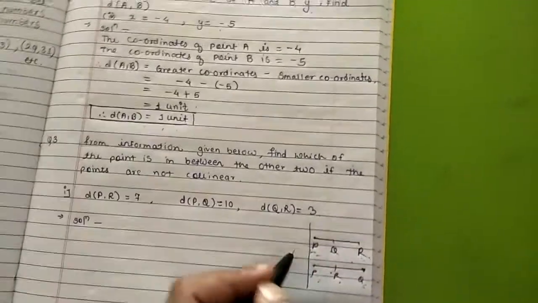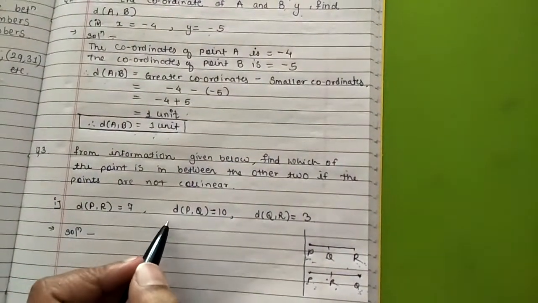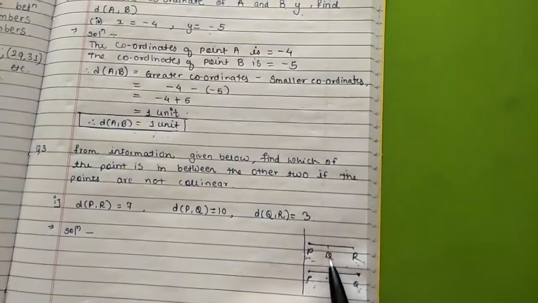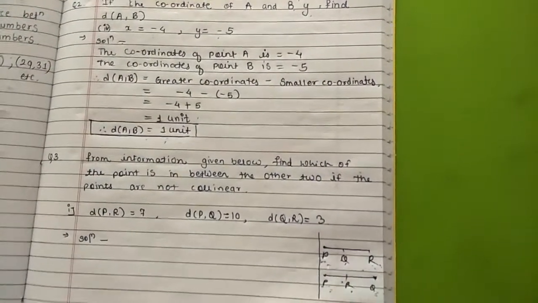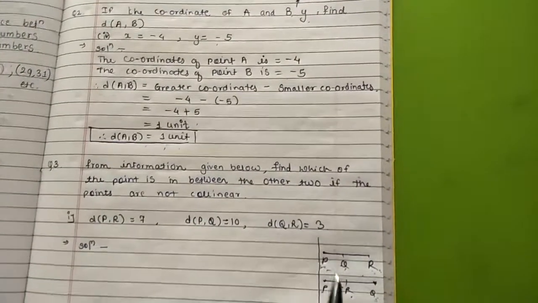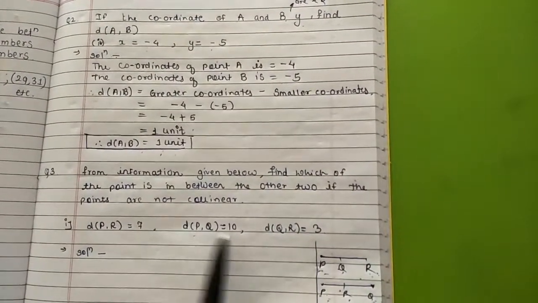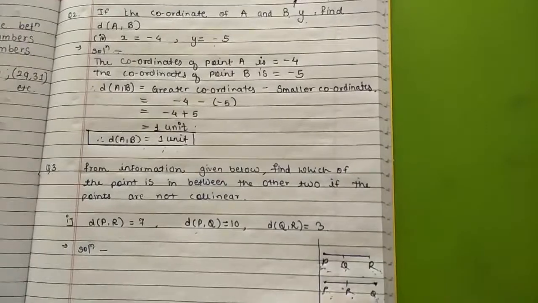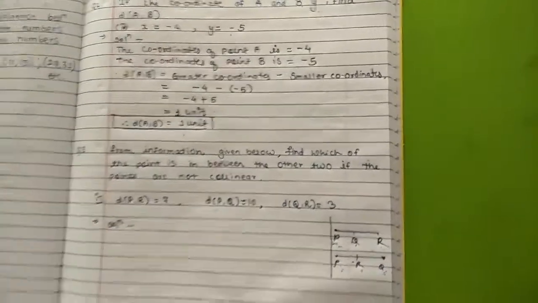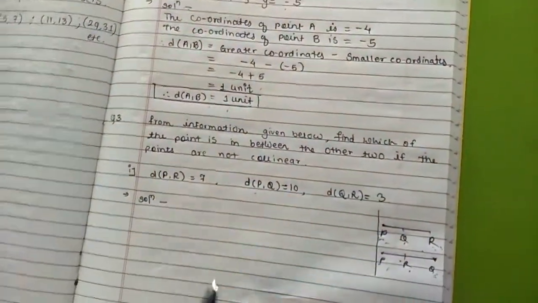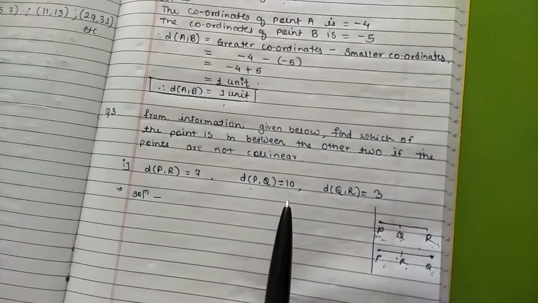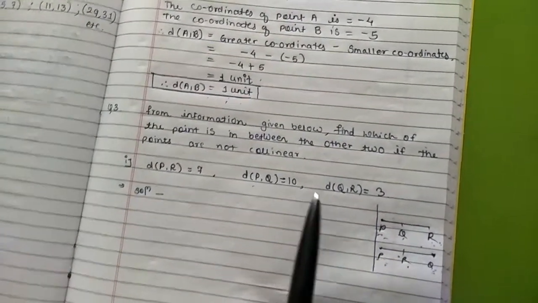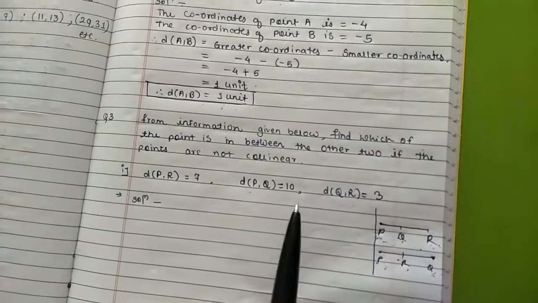It means which point is in the center, in the middle of these three points, that we have to find out. So how are we going to find out? First, here you can decide it by using the diagram also, or by using the distance between the two coordinates. So what is the first step? Among the given distances, the larger distance you have to call equation number 1, and the remaining two distances you have to add.